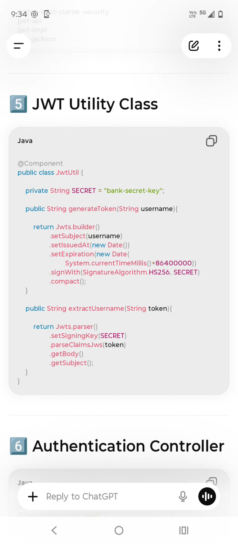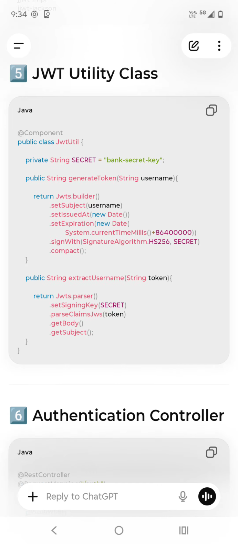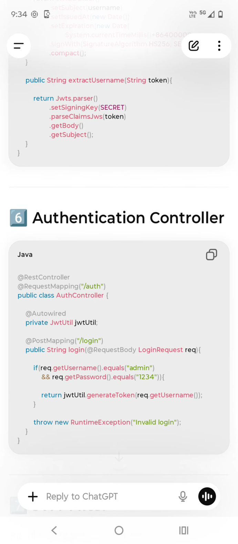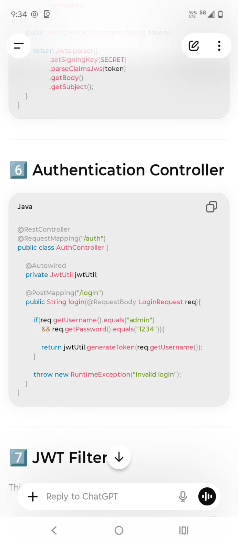He logs into the website, and then a token will be generated and sent back to the client in the response. So that will be stored in the browser memory. Next, every further request to any other API will send the token in the header of the request.